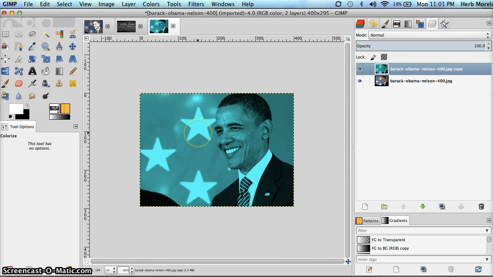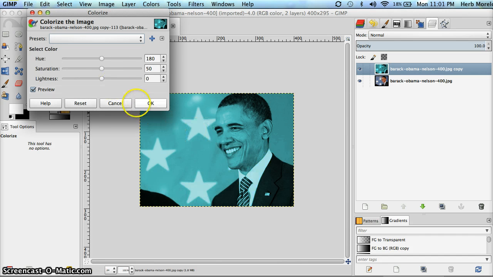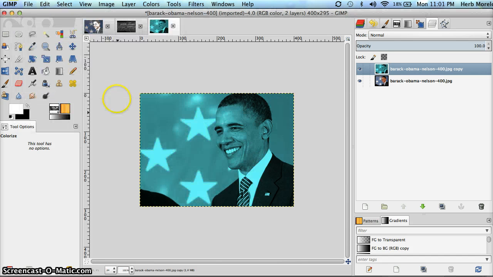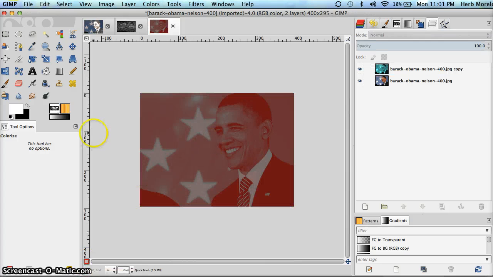Okay. And let's cancel that off. Okay. So now we have our green version and our color version of President Obama. Next thing we want to do is use the quick mask tool and black on the layer. On the quick mask, we're going to add white onto the black mask,